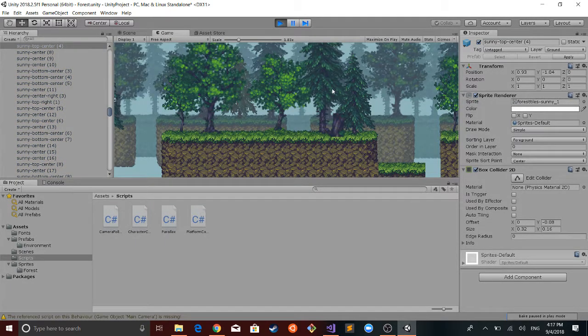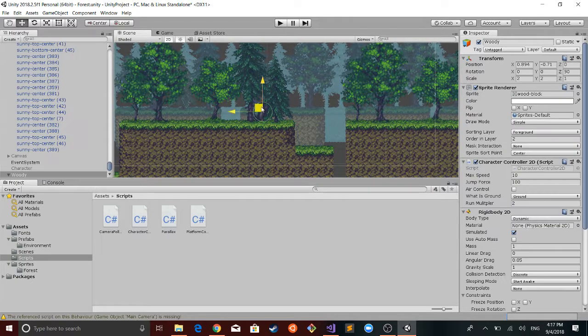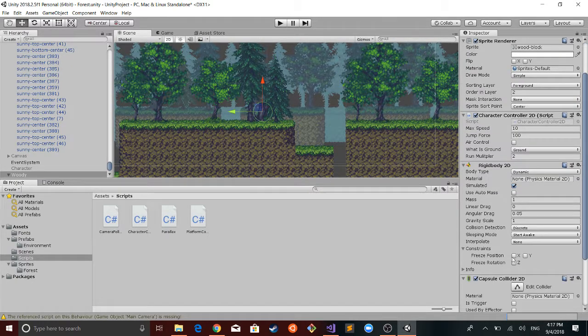Whoa! What happened? It's rolling over itself. And I can tell you why. I usually forget to do this. For rigid bodies, you want to freeze the rotation on the Z, because if you don't, when you apply a force, that collider acts more like a wheel, so it just starts rolling rather than moving. So now, by freezing the Z,